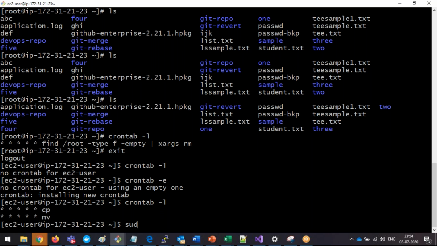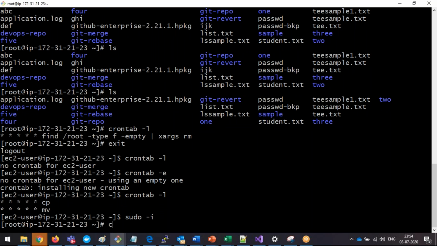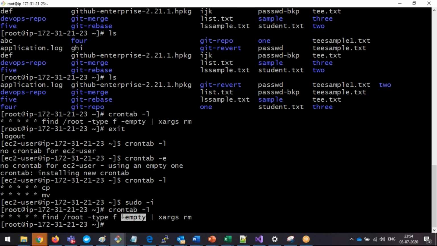Now if I go to the root, on the root level, I have only one job. Now here I don't want to switch to the user called EC2 user. I want to see the cron jobs for the EC2 user, but I don't want to switch from root to the EC2 user to check the cron job list for the EC2 user. Right? So now here we can verify the other users' cron jobs also without switching from your user. Right? So now here crontab